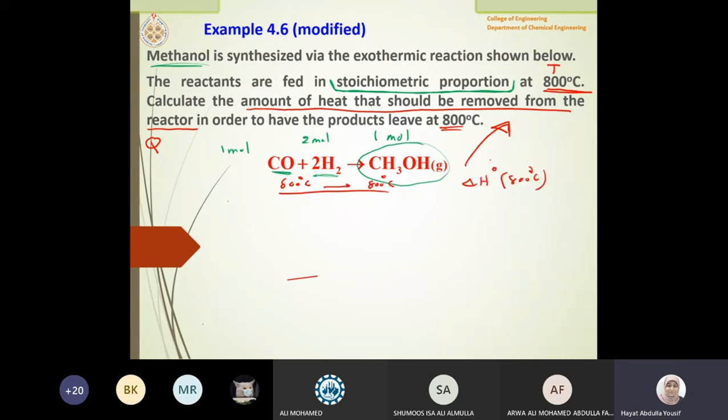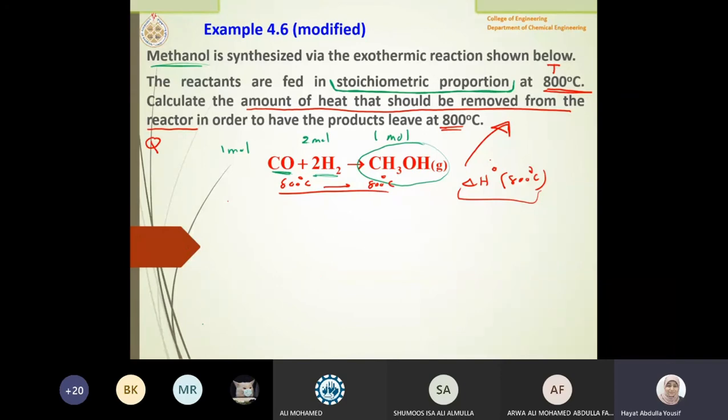Because next lecture I will explain what if the temperature changed. That is not the last step, but just before the last step of complication, because I showed you the ladder stage. Later on, I will explain what if the temperature is changing from reactant to product. Now the question here is delta H naught at 800, and that's it. It is at 800 degrees C.